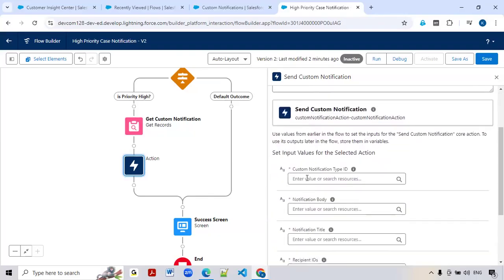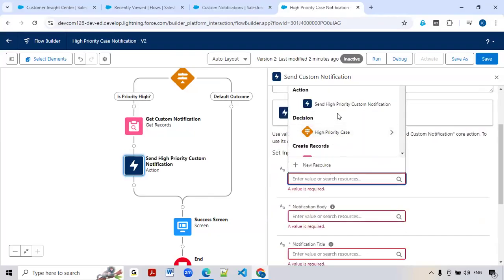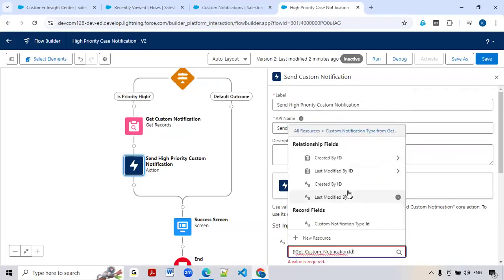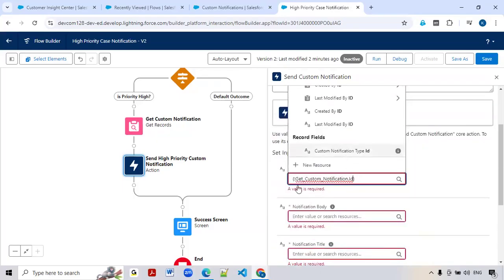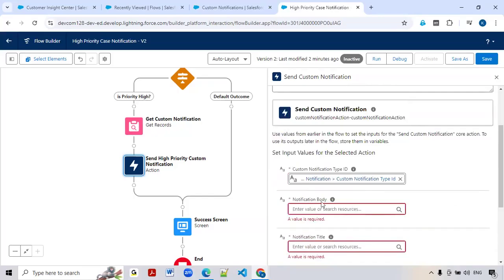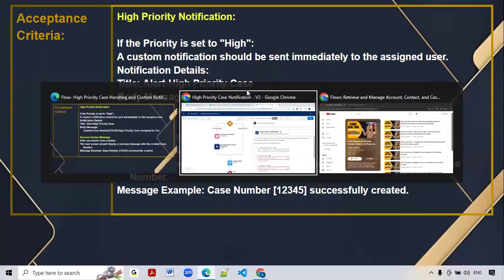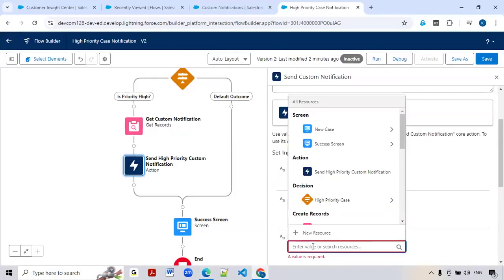So here, which notification you want to send, that is what we are getting now, this custom notification, right? Click on this ID. So the record ID we have given. Now body and title, these are the two required fields. As for the business requirement, what they are asking for the title is: high alert, high priority case. They can just give it as alert, high priority case. So that's why we are going to give the title as